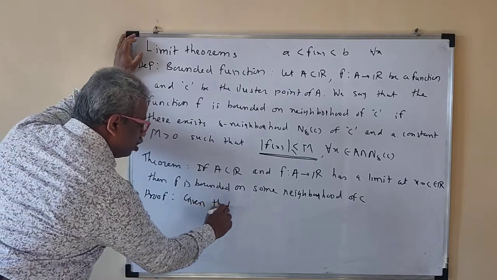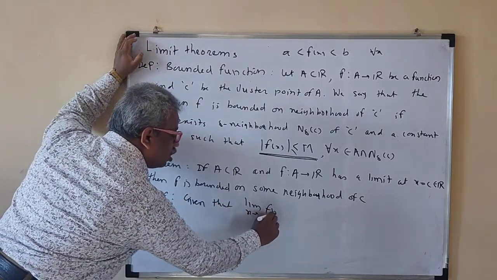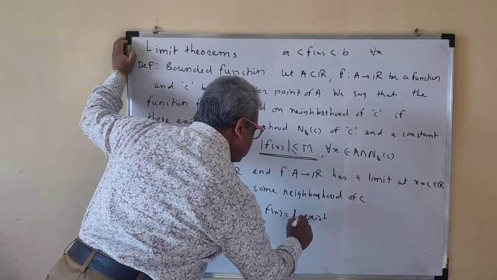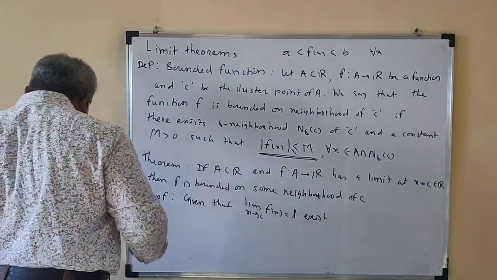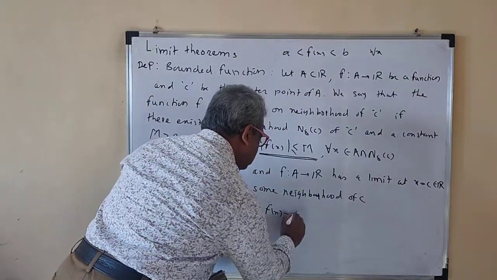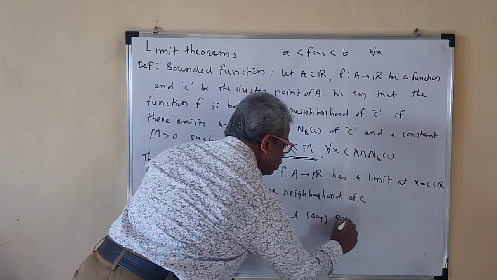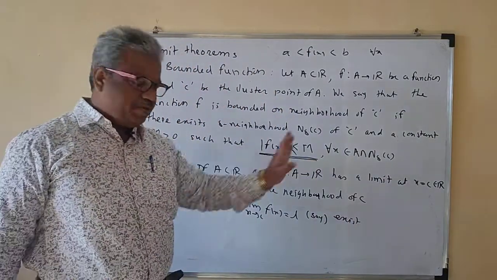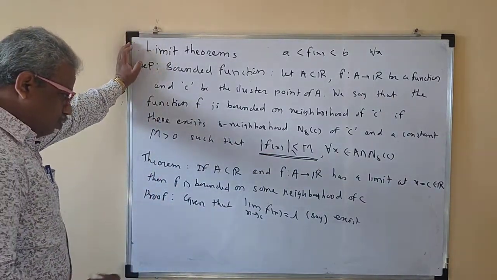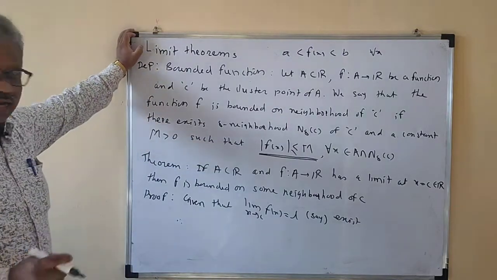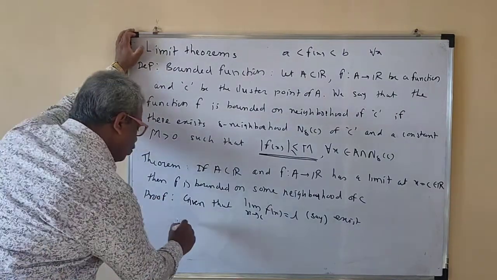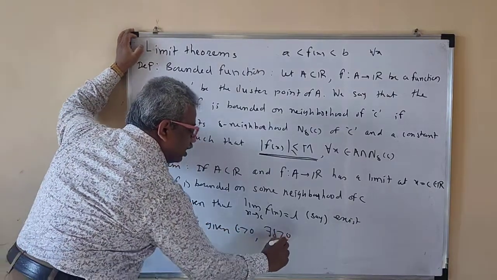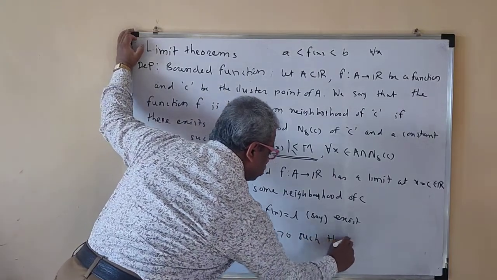Given that limit x tends to C of f of x is equal to L, this L exists. Only the existence of the limit is given, not its value. Since the limit exists, we can apply the definition of the limit. Therefore, for given epsilon greater than 0, there exists delta greater than 0 such that